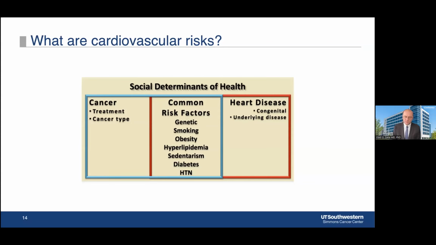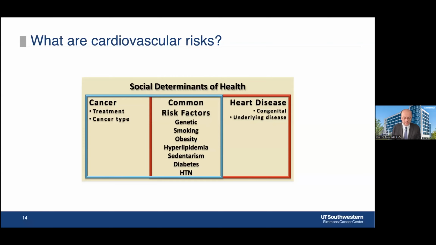There are some cancer-specific risks related to treatment or cancer type, some of which I have already mentioned. And there are some specific heart disease risks related to congenital heart disease or genetics or underlying problems that are already established. But in the center, there are many risks that are intersecting, and some of them